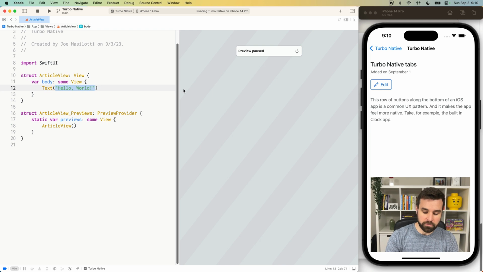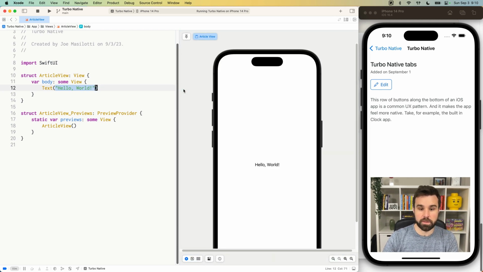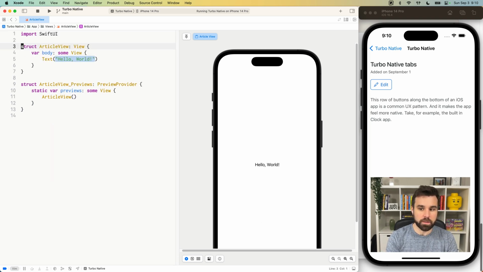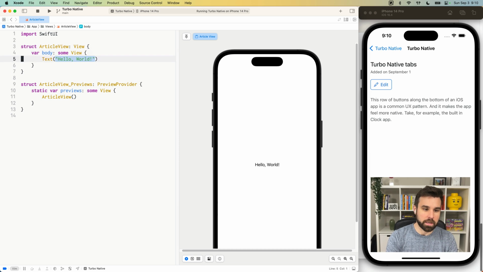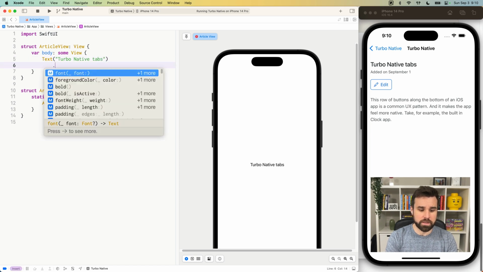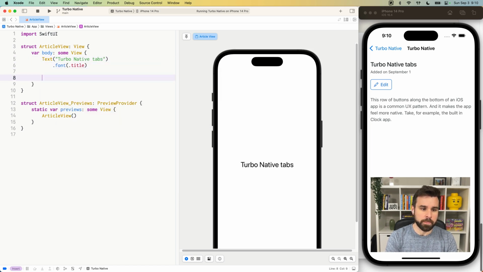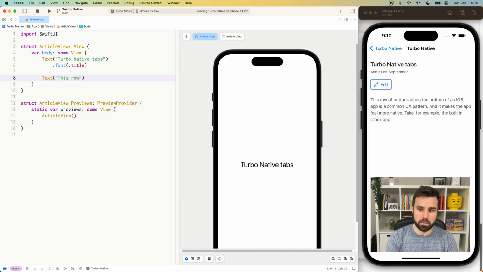Already we get a little bit of bare bones scaffolding here. I'm going to pop open the preview and just show how we already have something rendering in SwiftUI with zero code written on our own. What we want to do here is that an article has a title and a description. So we're going to create those kind of hard-coded for now, and we'll just write out Turbo Native tabs. We'll give this a font of title, and then we'll also have text of the, this row of buttons, blah, blah, blah, blah,